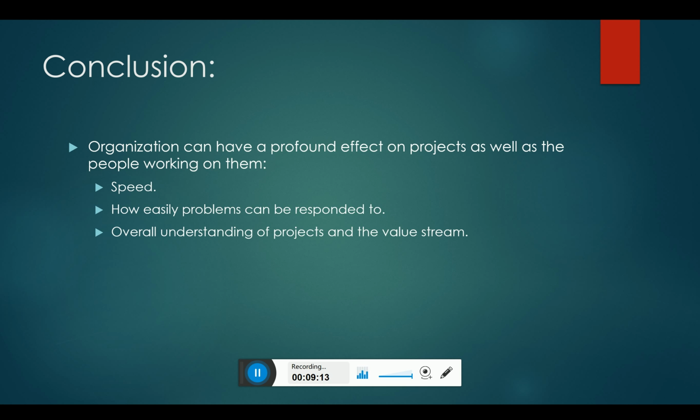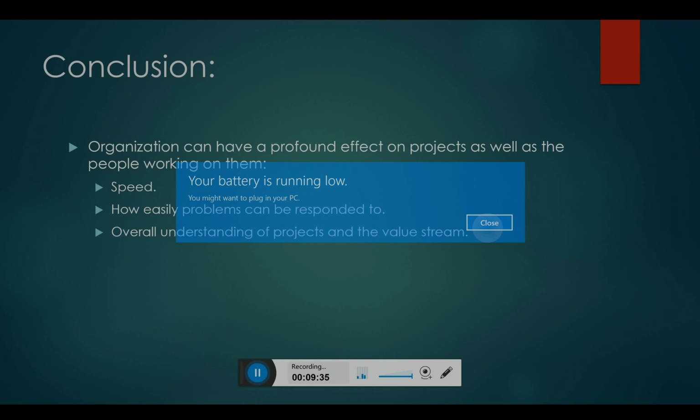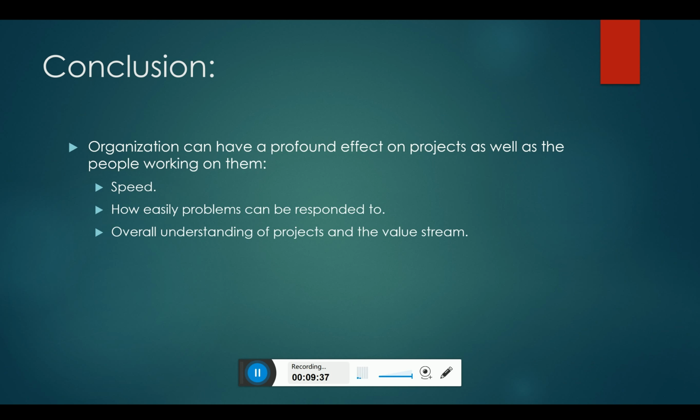overall, the organization can have a profound effect on projects as well as the people working on them, right? The very first thing we read in this chapter is that this company had this whole setup early on, and it enabled slow work times and complicated issues that would come up, and this was not good, and it took a lot of refactoring to get it to where it is today, which is actually a very good leader in DevOps organization. So we need to take these things that we talk about here and think about them,